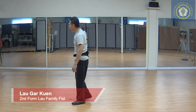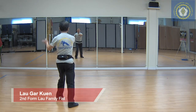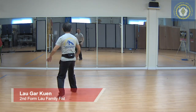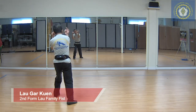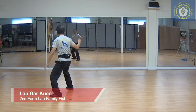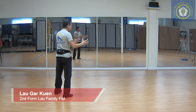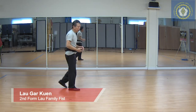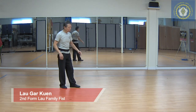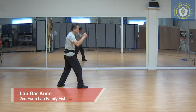But in the Lao Ga form, when we have these transitions and you go from here to here, what it is: if you're in a position like this, and I punched, okay, if something else came, I might switch and then come in like that, because this is a diagonal strike. A diagonal strike from a side view, because I can't work with a partner because we're doing this social distancing. You have to imagine, if I'm in a ready position, just taking one